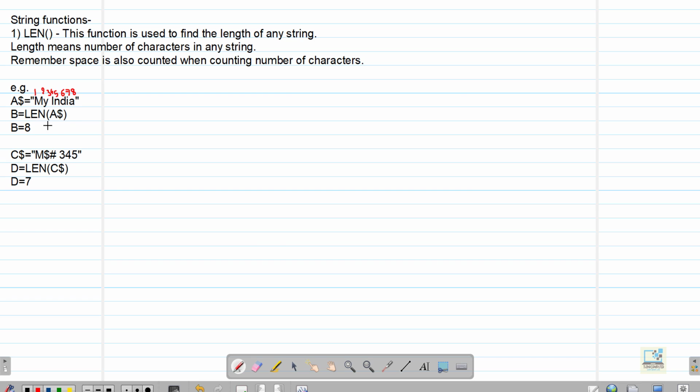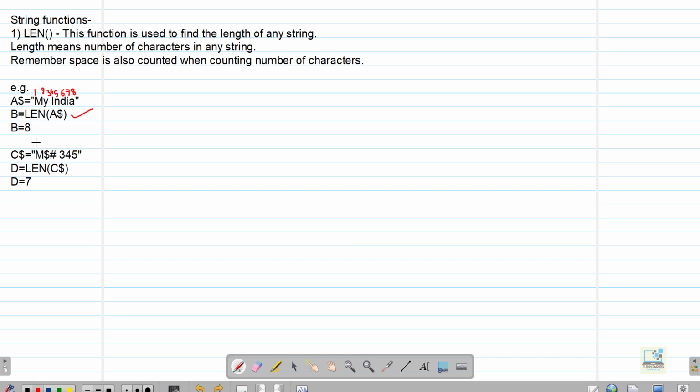So if I write len(A$), it will give us the length of the string, how many characters are there, and we can store it in a variable, like I have stored in the variable B. So I have written B = len(A$). So in B, 8 will be stored, the number of characters present in this sentence. Take another example. Suppose we have this sentence M$# 345.